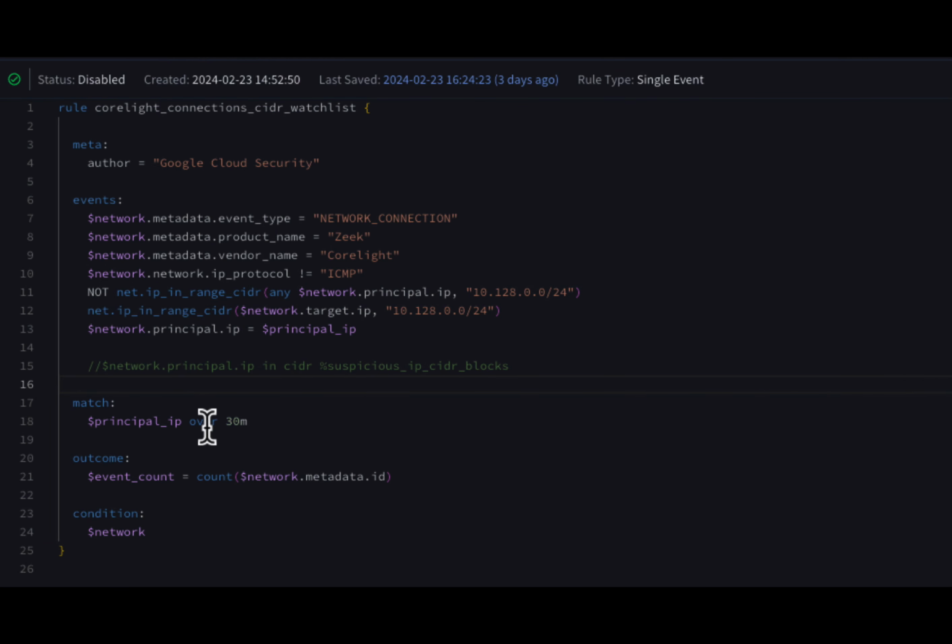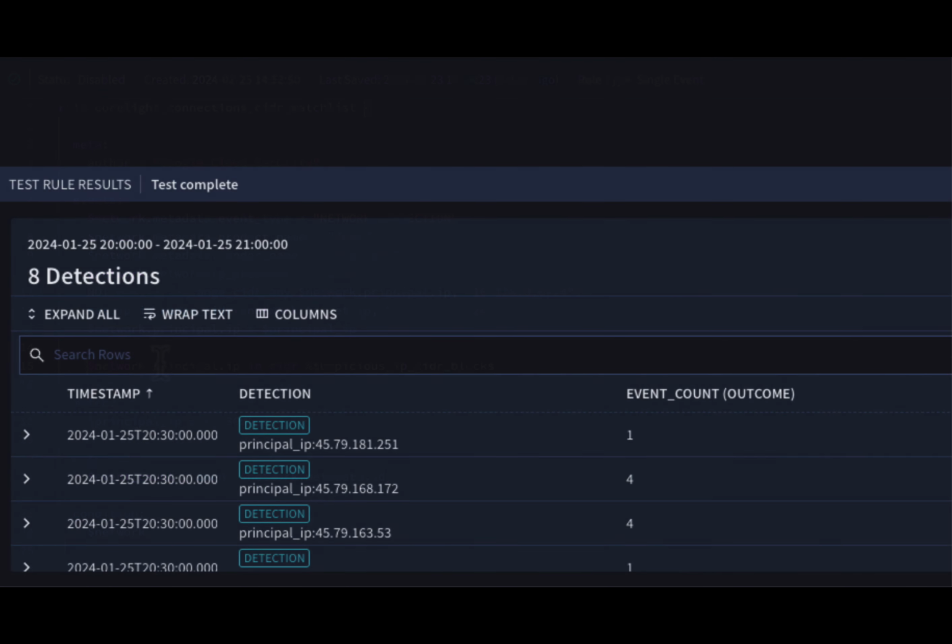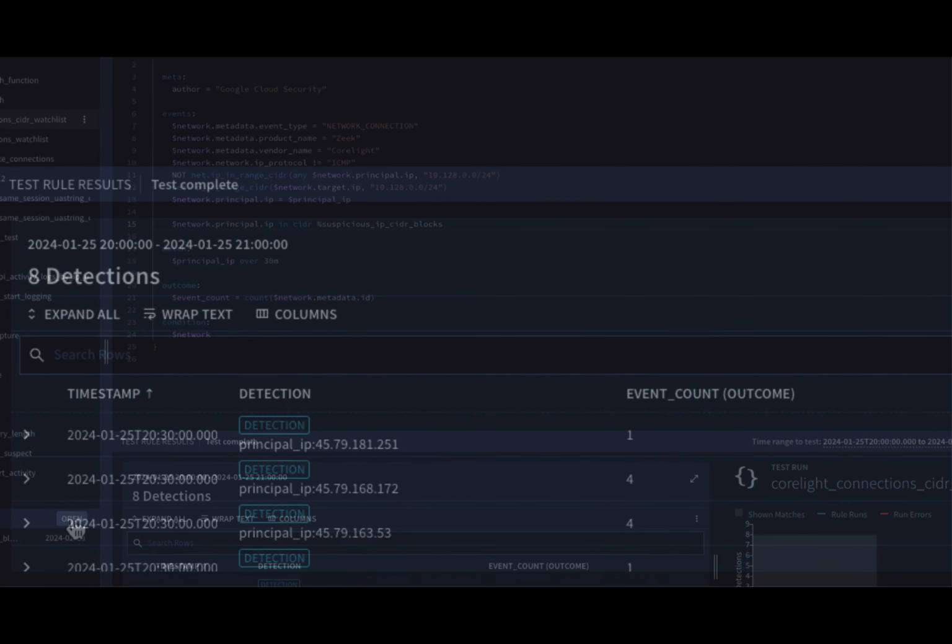Because 45.79.0.0/16 is of interest, we're going to detect on these events. Notice when we test our rule, we get 8 detections, all of which fit the net block of 45.79.0.0/16. However, perhaps we continue our investigation of these IP addresses and realize that the net block has legitimate traffic in it,